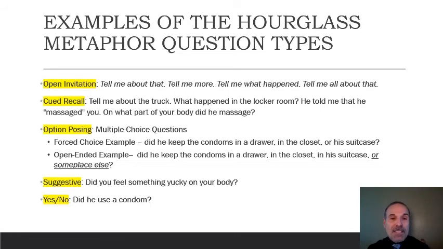So an example of a suggestive question is, did you feel something yucky on your body? You can see why that's suggestive. It doesn't give the exact answer, and if you do ask a question like that, it's not the end of the world, but then you need to follow it up with what? An open-ended question. If the child says yes, tell me all about that. Tell me all about what you felt on your body. Tell me more about that. And maybe the child describes with more detail something that we can conclude is important to the case. And in this case, perhaps it was seminal fluid or ejaculant or something like that